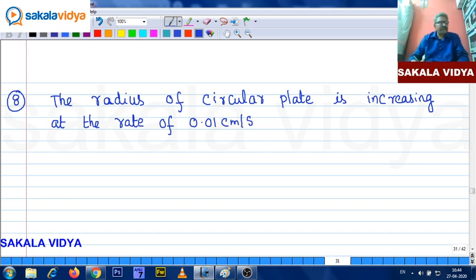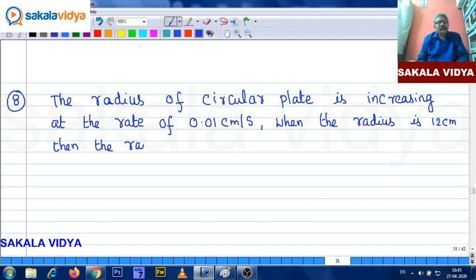When the radius is 12 centimeters, then the rate at which the area increases is